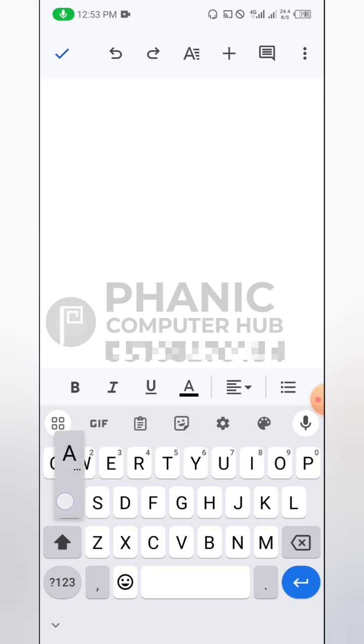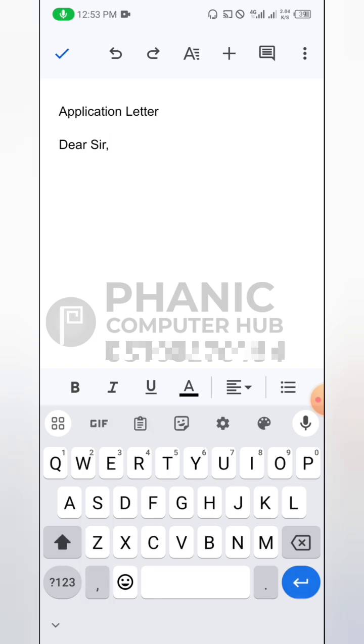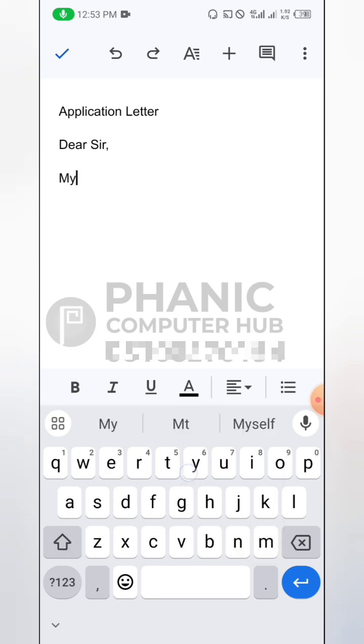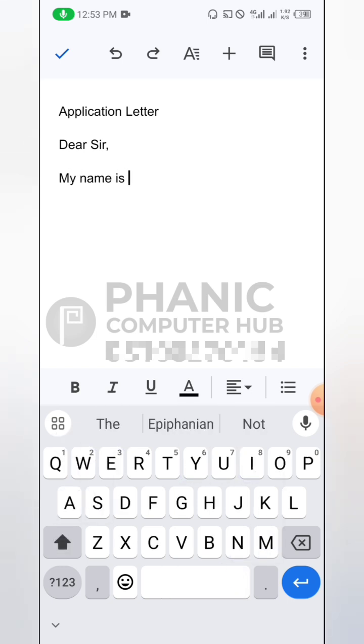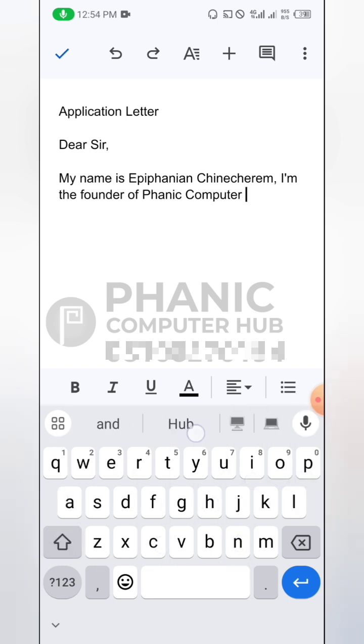I'll say application letter. This is the title of my letter. Can come down, type dear sir. I did add address and all that, but this is just a sample. I can say my name is Epiphanian Chinecherim. I'm the founder of Fanik Computer Hub,